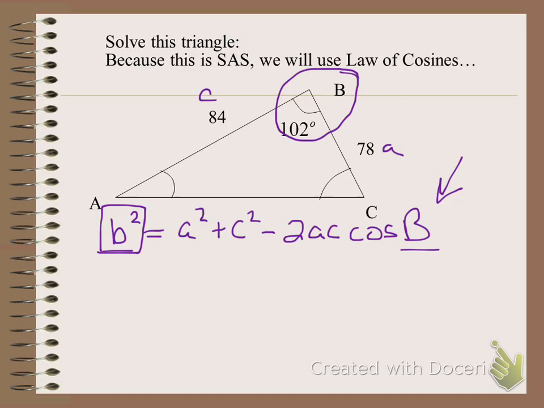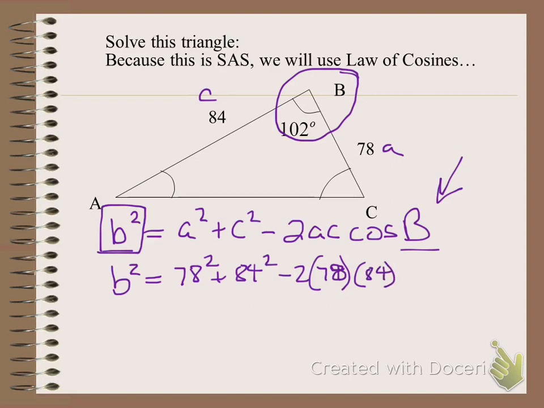And this is actually the easier of the two versions of the law of cosines. When you're looking for a side, that's the easy one. Side angle side is easy. Side, side, side is a little bit more complicated, but just a little bit. Both of these cases are easier than side, side angle. So b squared equals, make your substitutions. We'll have 78 squared plus 84 squared minus 2 times 78 times 84 times the cosine